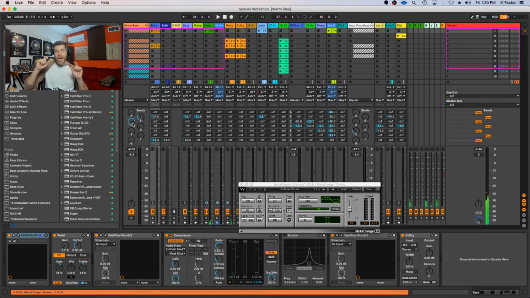And so I realistically don't have to boost the volume of my drums. I can send more of it to the flange, and it starts to bob and weave throughout the mix, and it just feels really cool and captures the vibe a lot nicer than just raising the overall volume of the drums. All right, does that make sense?